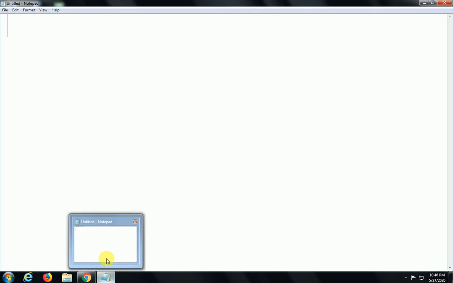First, what is the basic format or structure to create any web page in HTML using any text editor like Notepad. Second thing is creating an example of an HTML page.